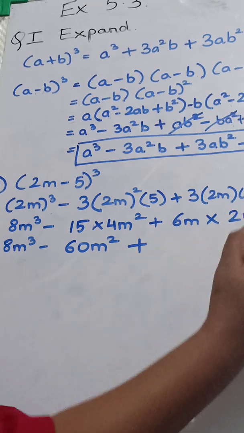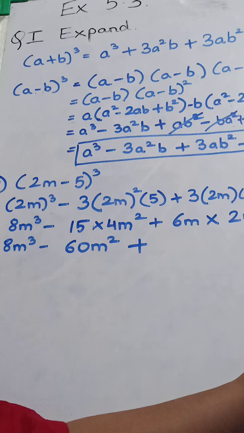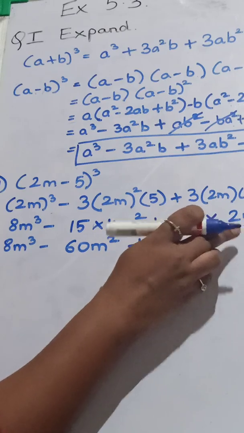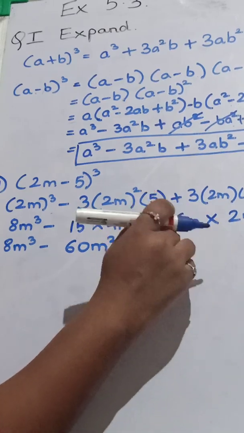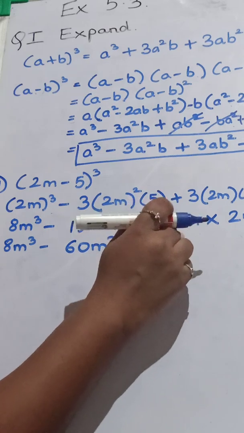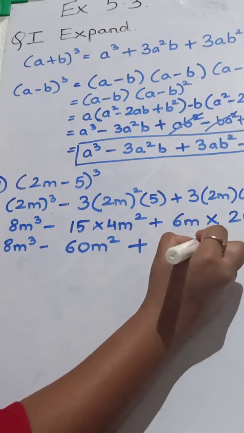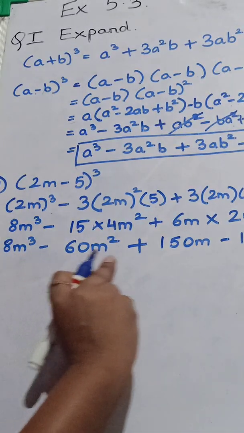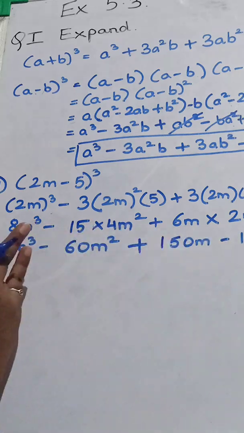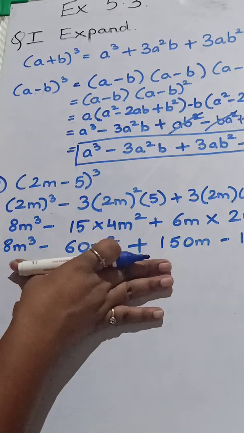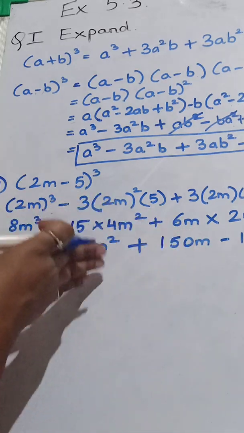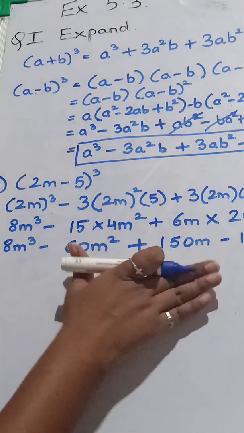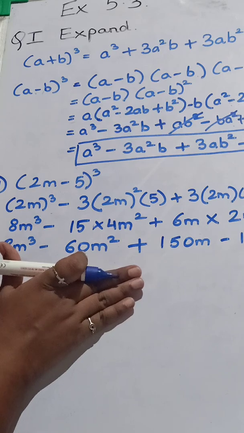So like that you all can solve. Instead of sitting and solving in the rough column, directly you know 25 4s are 100, 25 5s are 125, 25 6s are 150. So 150m minus 125 as it is comes down. Now we cannot do anything with this because all are different. None of them are like terms here. If it would be like terms, then we could have added or subtracted it. But there are no like terms here, so we are going to stop here. This is the final answer of the first sum.